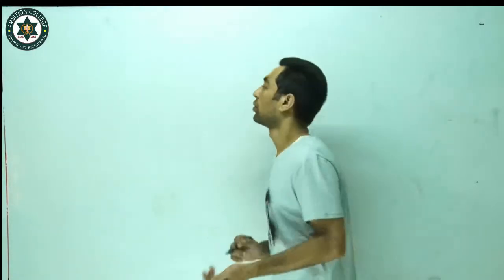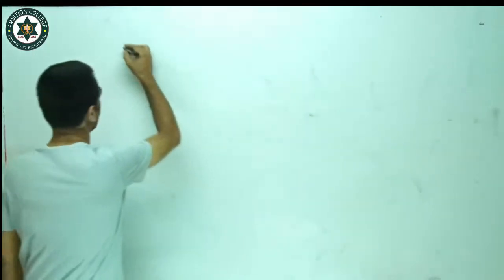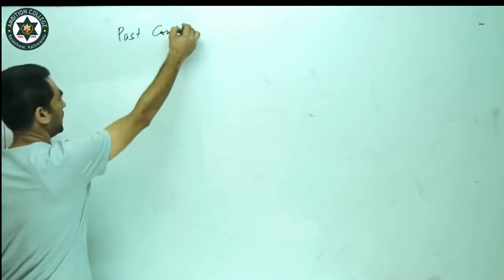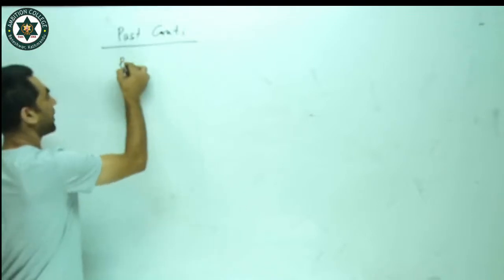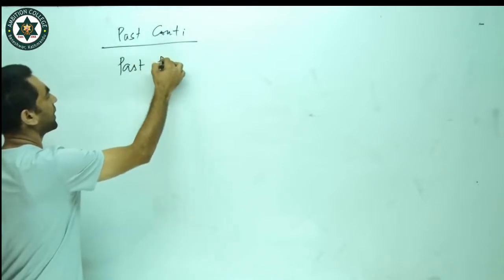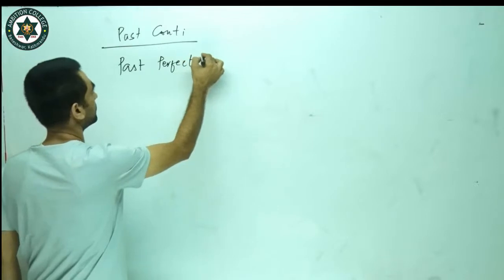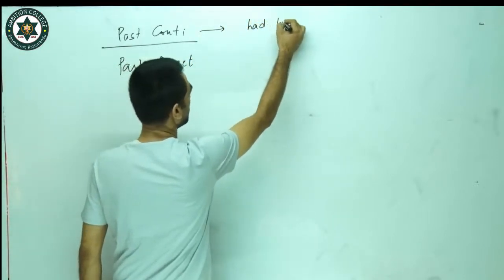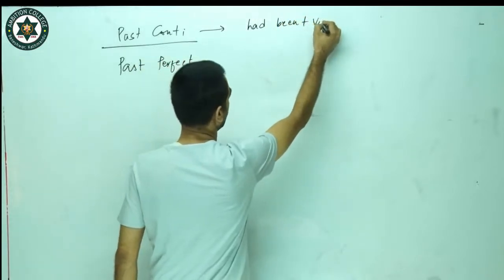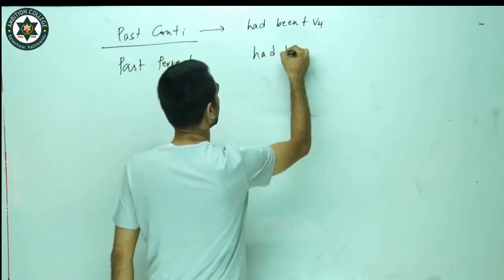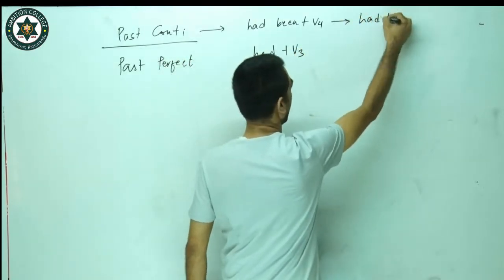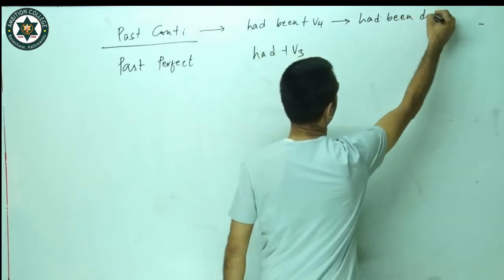The second thing that we need to know is the use of past continuous and past perfect. Past perfect continuous is had been plus V4. This is had plus V3. For example, had been drinking,